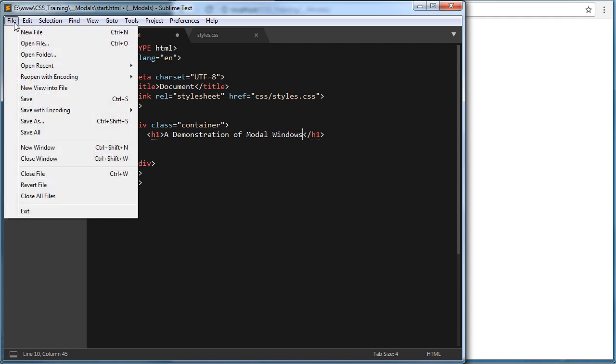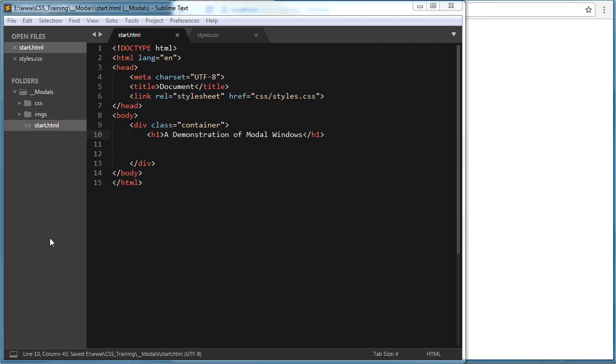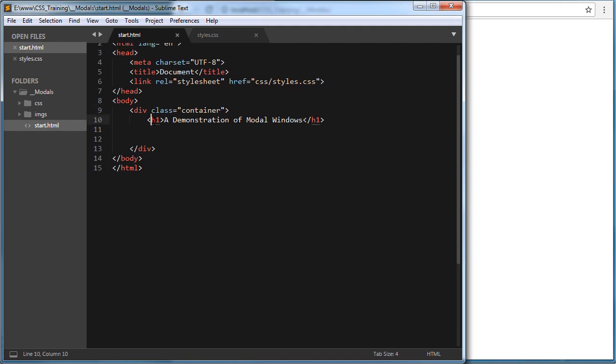And I'm going to go ahead and save those changes. Let me go ahead and scroll. That's good. You can actually pause if you want to catch up and get that in. Remember, we've got a div now with a class of container and an H1 inside of our div with a